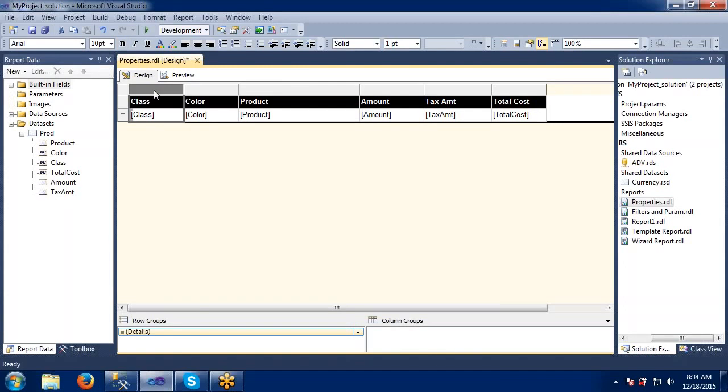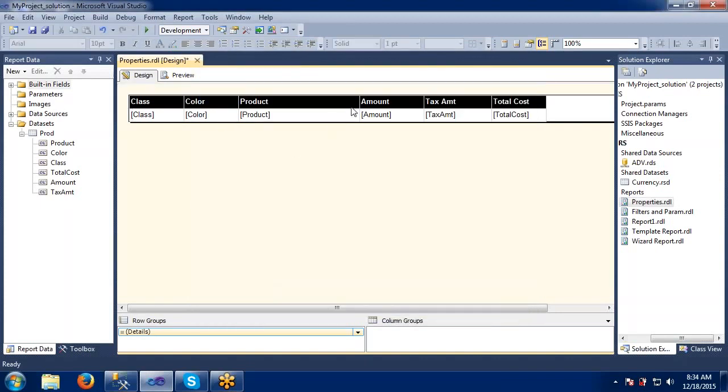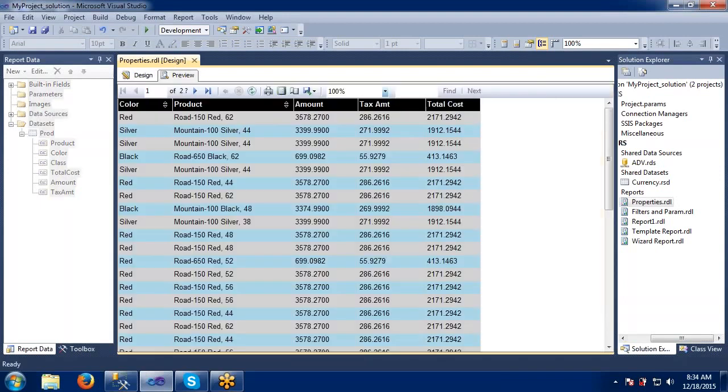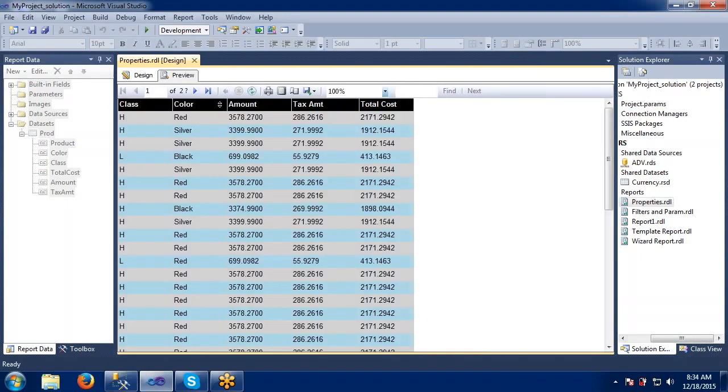Right now I have just hidden this column. If you particularly want to hide this one, we can hide it. Previously, when we tried to hide this one, it was displaying the column, but it was not displaying all the records. Now, when I apply it on the complete tablix property, it won't display the entire column. Except that product, it will display all the columns here. See, now class, color, amount, everything is displaying except that product. This is somewhat better, right, when we compare to the tablix report, row properties and group properties.